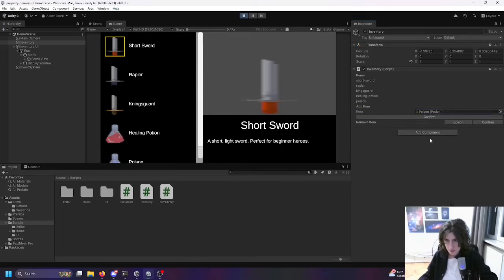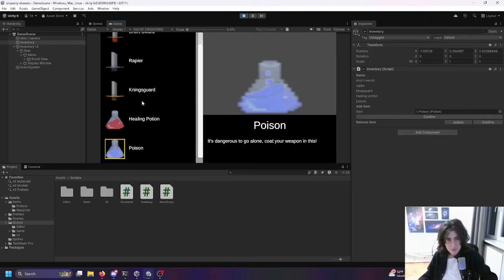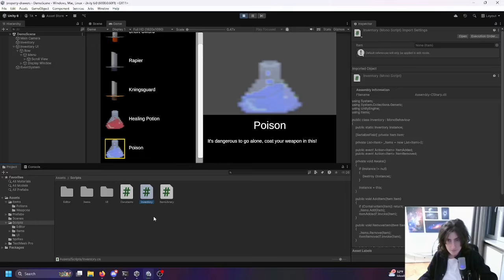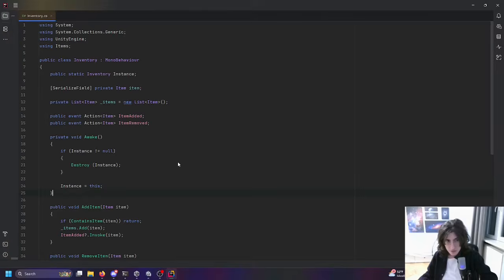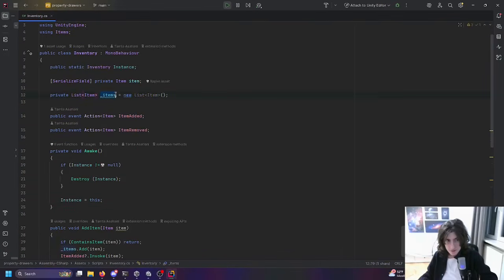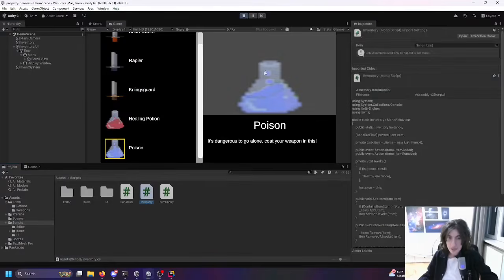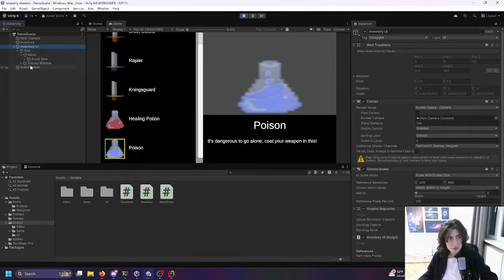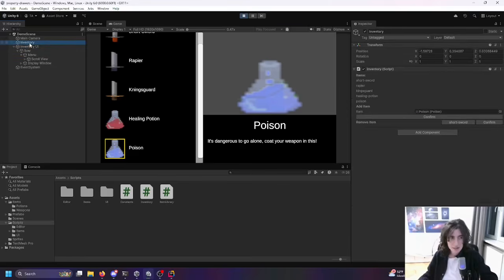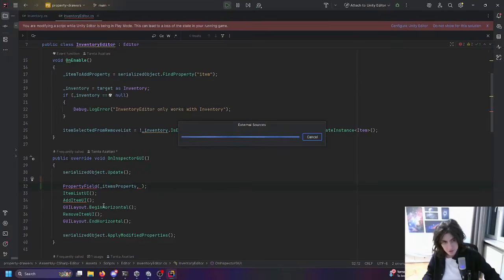What are we missing? We're missing poison. Okay, so the way I did this is, if we go into the inventory script, as you can see, the list of items is actually not a serializable list, because if we were just to serialize it like a regular MonoBehaviour list, then hypothetically the game designer working on the game would be able to just click on the